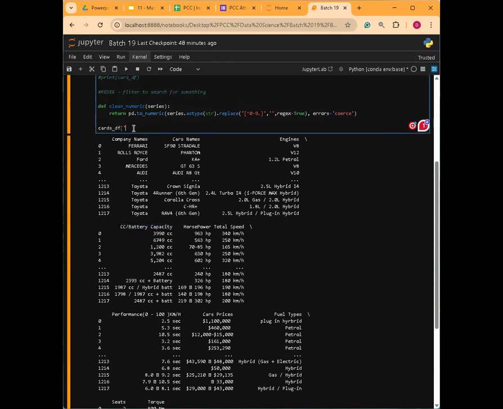Just to make sure, then steak and then clean numeric, right? And then what I will pass here is the same column, same series. So I should say cars_f and then this one, dot